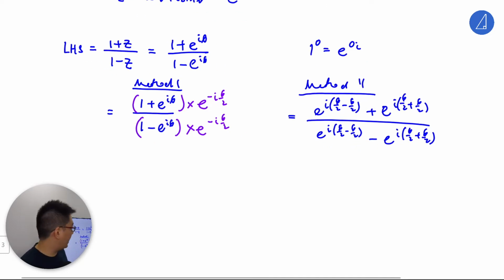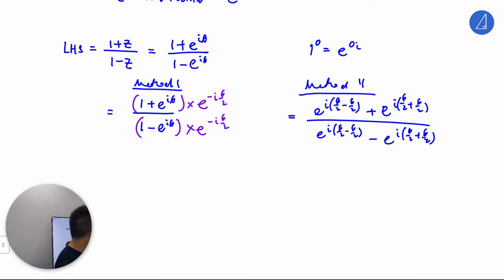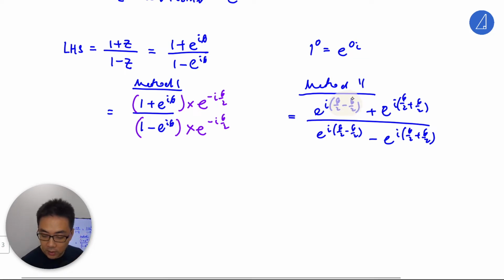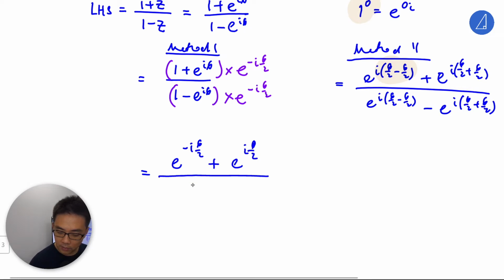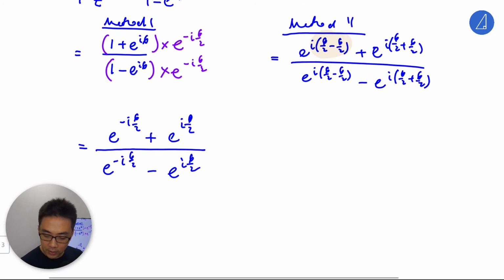Method 1 is multiply. I tend to use method 1 more because it's easier. You can see why it's easier. One is just let this be 0 because this is e^0, 1 here. Okay, so you just do whatever you prefer. So I prefer the first one. So this is e^(-i theta over 2). Okay, like that. Method 2 will then be